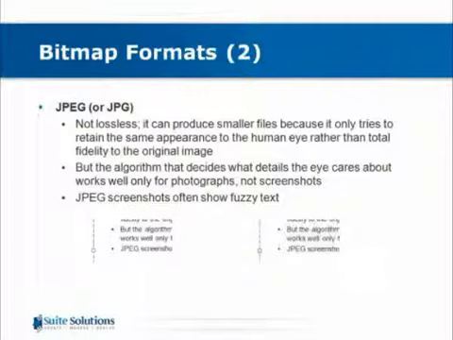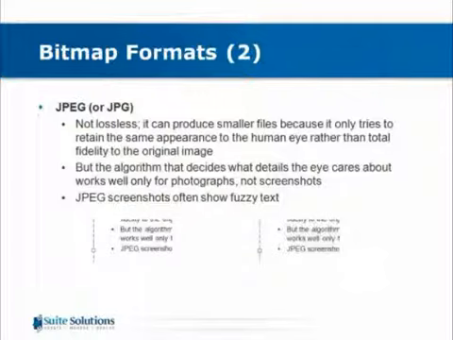But when it comes to things like screenshots, the algorithm doesn't work so well. I don't know if this is coming through on GoToMeeting, but I have two samples here. On the left, I have a screenshot without the JPEG compression, and on the right, I have one with the JPEG compression artifacts. Hopefully you're able to see that there's a subtle blurring around the words, and that blurring is typical of what happens when you save screenshots or text or